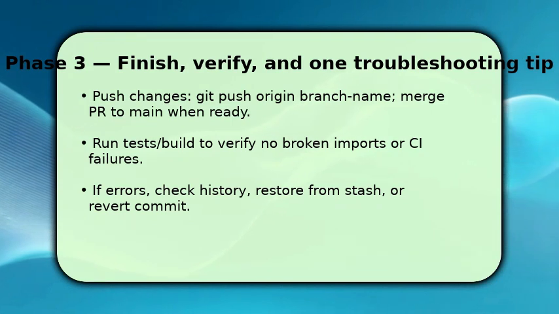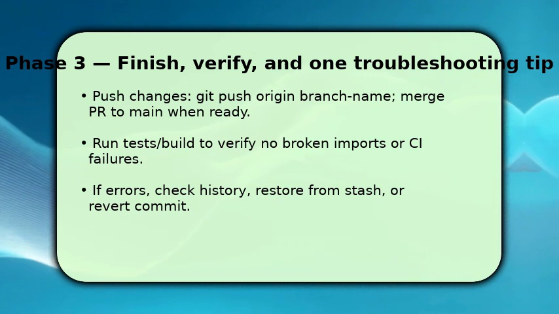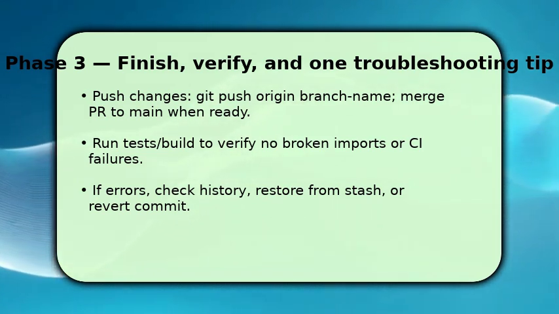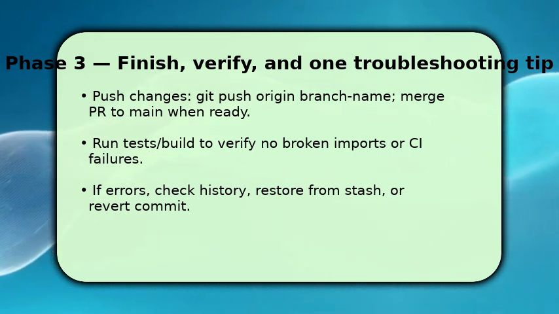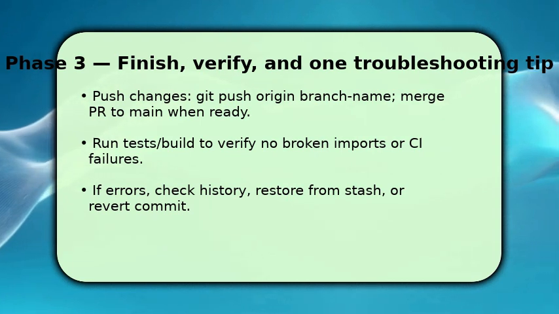Once merged, run your test suite and CI pipeline to catch broken imports or path issues because automated checks reveal missed references. If something goes wrong, revert the commit or restore from your stash. Alternatively, inspect git log and use git checkout or git restore to recover the previous state. One key tip: search the